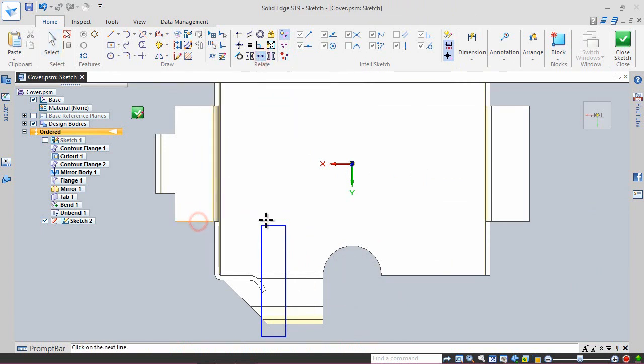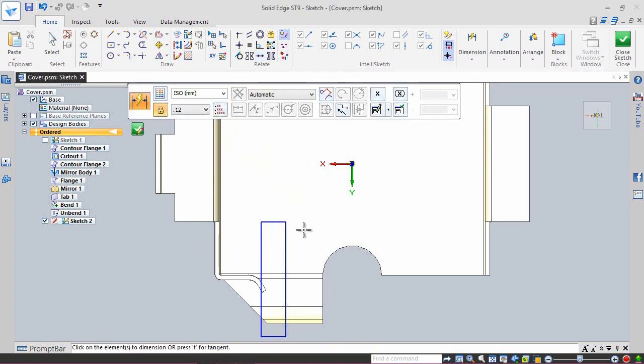Make this line and this edge collinear. Add 14 mm dimension between this line and this edge. Here again apply a 14 mm dimension and exit from the sketching mode.